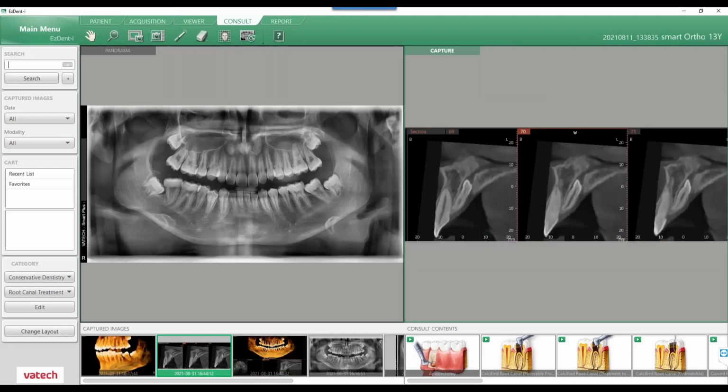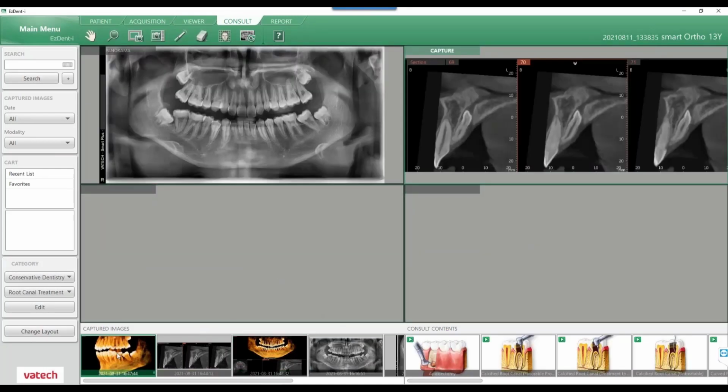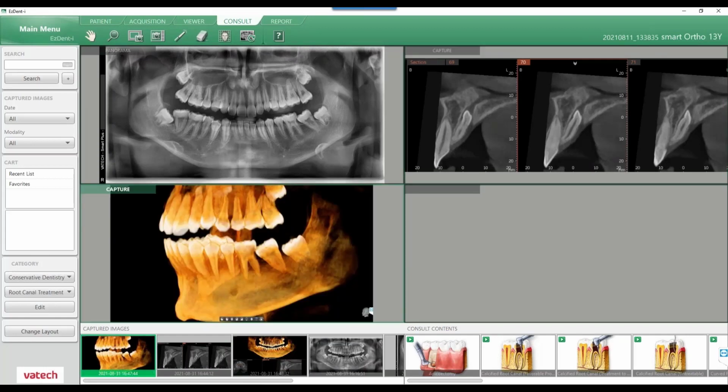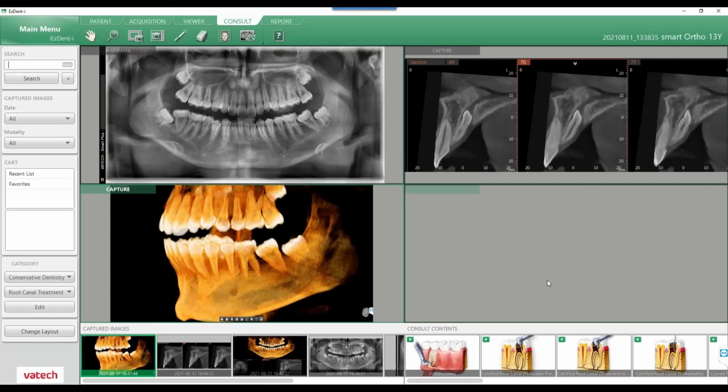I can also have additional windows just by going to change layout. Let's say I have maybe 4 images I want to display. I can click on change layout. You can see there's a selection of numbers of boxes. Let's say I want 4 windows instead of 2. We can just click 2 by 2 and click OK. And now I could drag my additional images up to have this ready to discuss with the patient. In addition, we also have consult videos,